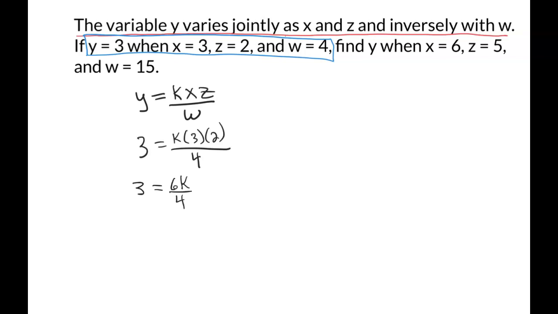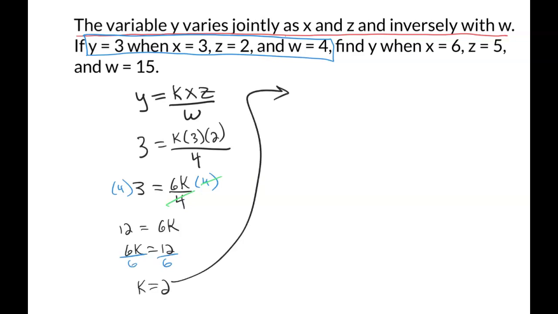And just to make this as simple as possible, I'm going to multiply both sides by 4. And that allows me to get 12 equals 6k. I'm going to swap sides, and then I'm going to divide by 6, and it looks like I've got k equals 2. So that means my variation equation is